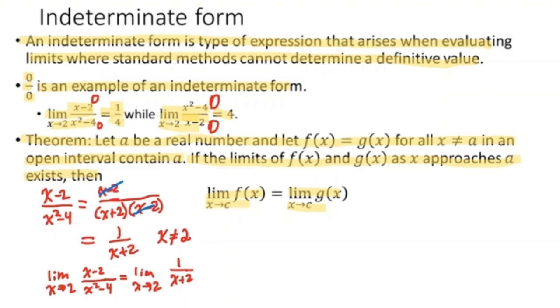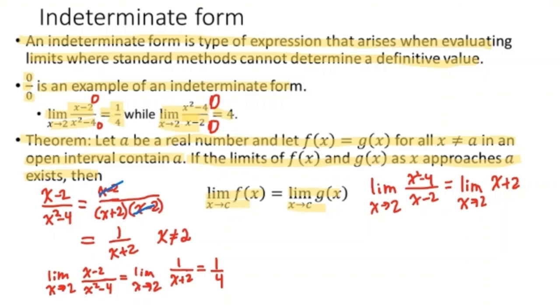Now with the 1 over x plus 2, if we use direct substitution, we get the 1/4 that we stated above. And the same thing goes for our second example. X squared minus 4 over x minus 2, after factoring and canceling out common factors, would be equal to x plus 2 as long as x is not 2. So the limit as x approaches 2 of x squared minus 4 over x minus 2 equals the limit as x approaches 2 of x plus 2. X plus 2 is a polynomial, so we can direct sub, and we get that the limit is 4,